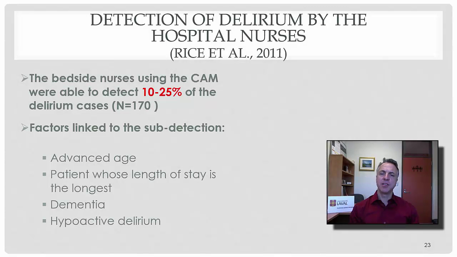In this study, what they did is to test the implementation of the CAM, a tool that no one is questioning its validity. In research, we use the CAM and we know that we can reach 95–98% sensitivity. But in this study with bedside nurses, working with all their different tasks, they reach a detection rate